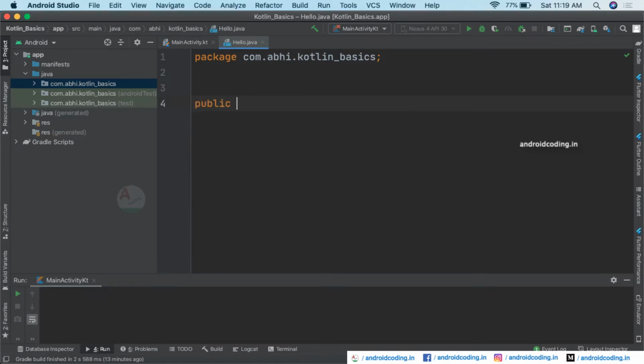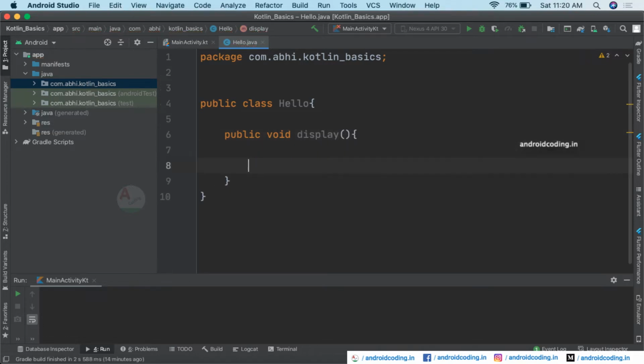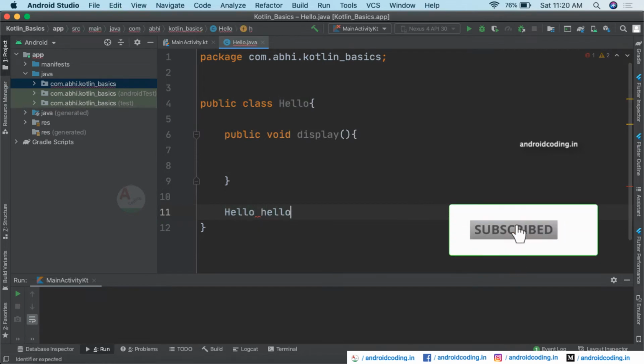Let's create a class hello, inside which we will create a method display, and currently I am not providing any statements inside the display method. When you want to make use of the display method, the general scenario is that you need to create an object here.